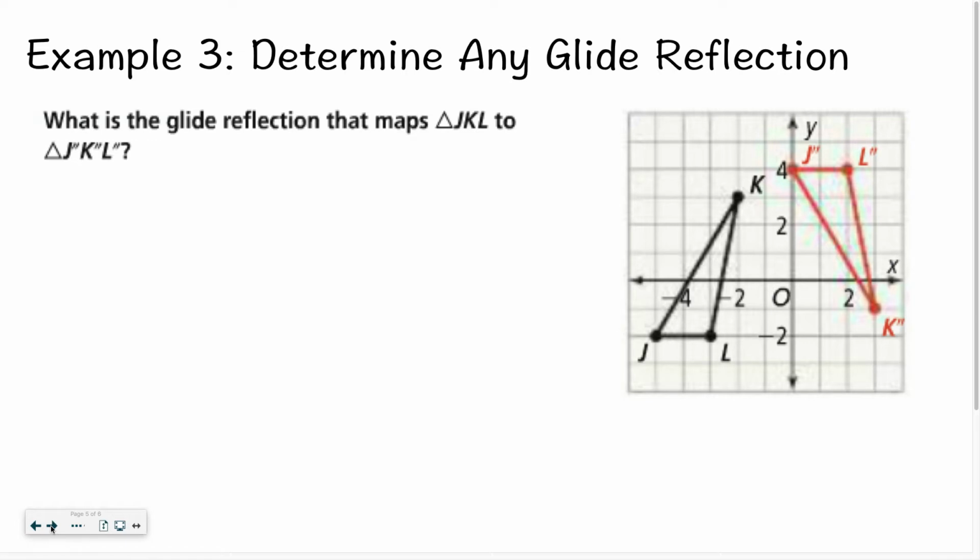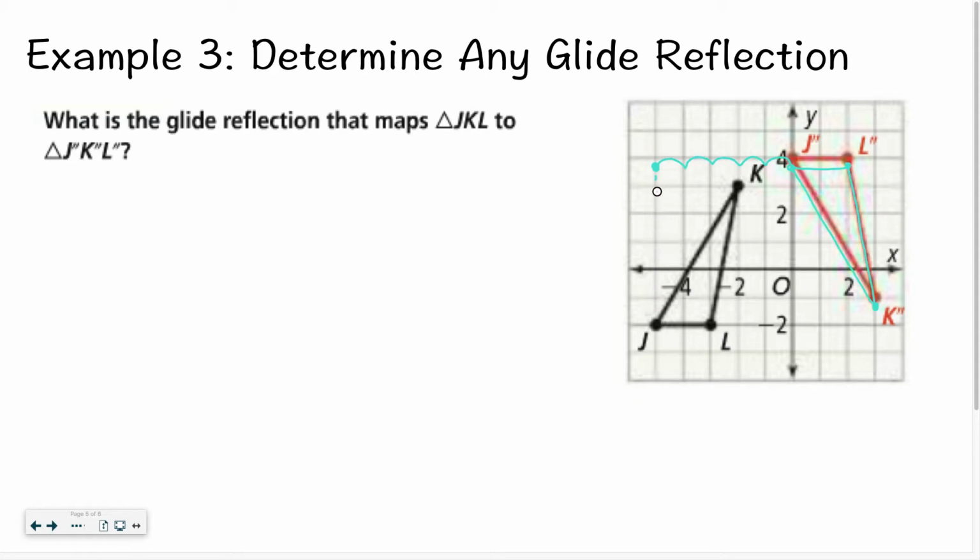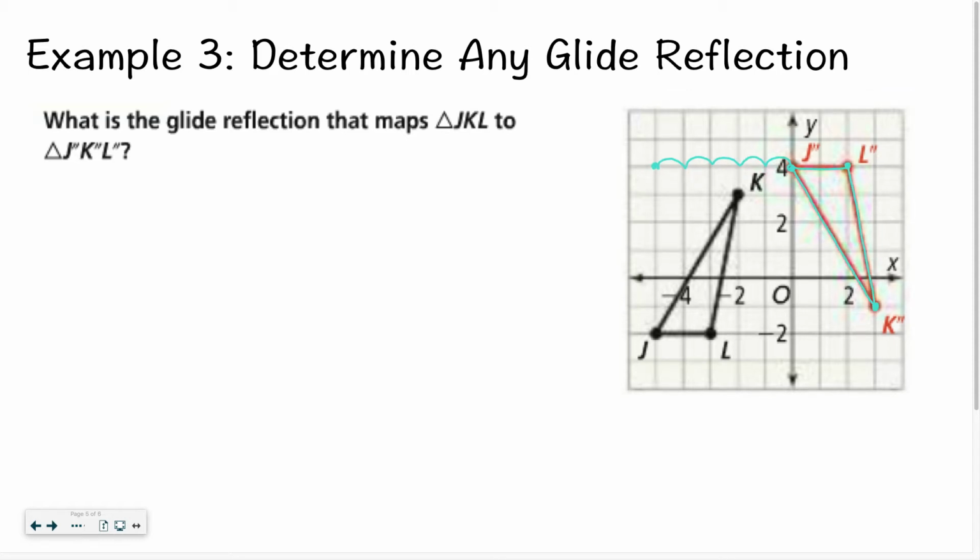So if we look, I see that my red triangle is flipped upside down in comparison to what it was. So I know there's going to be a reflection somewhere, and it slid over. So there's probably a translation somewhere as well. So let's start by maybe moving this triangle back over so J and L are lined up with J double prime and L double prime. So if I move J 1, 2, 3, 4, 5 units, you can see that it now lines up nicely with J. All right, so I'm going to move it 5 units to the left, so that would be a -5